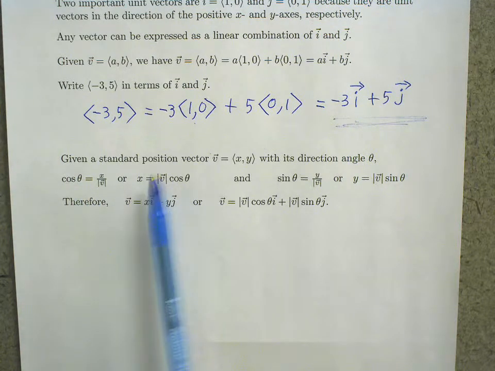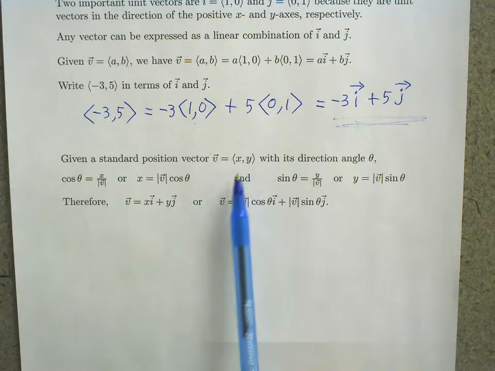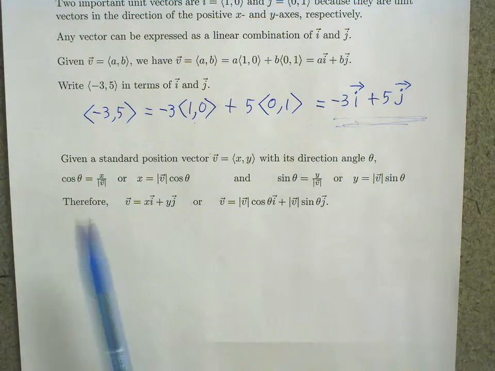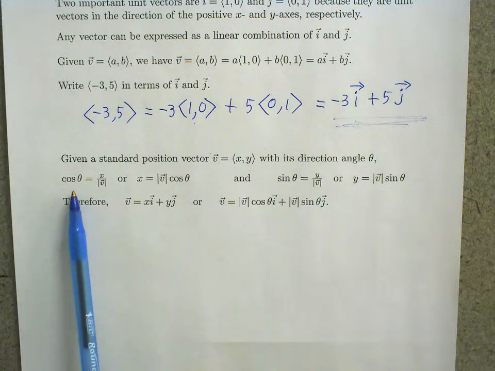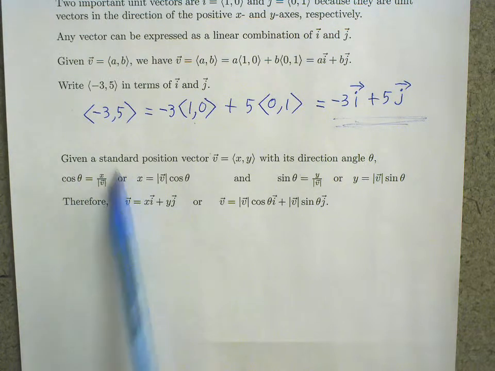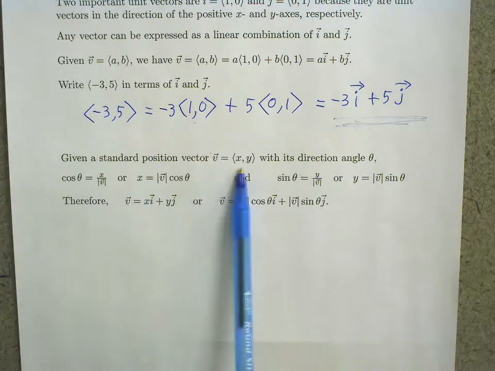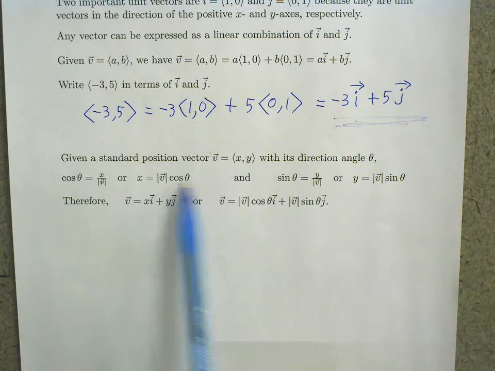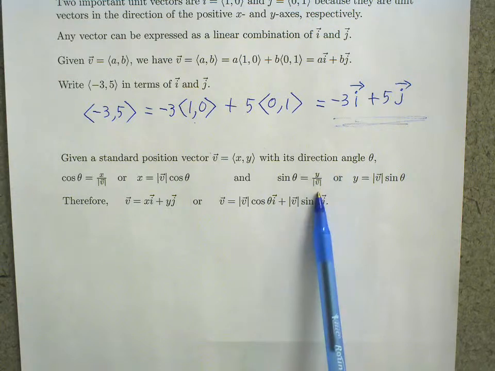Given a standard position vector v, <x, y>, with its direction angle theta, then we can show geometrically, and you've seen this a few times already this semester, cosine of theta is equal to x divided by the length of v, or x, which is this component x, is the length of v times cosine of theta, and sine of theta is equal to y divided by the length of v, or y